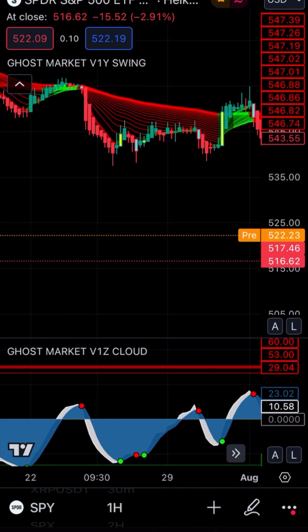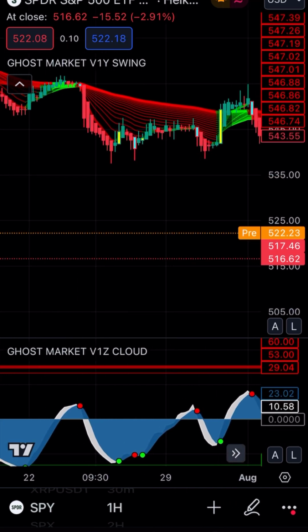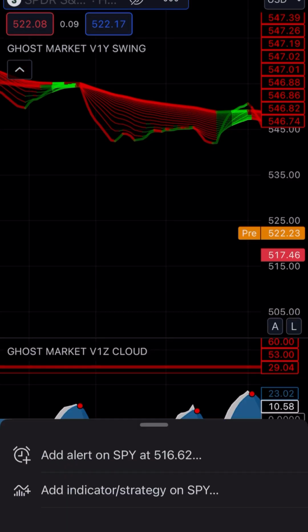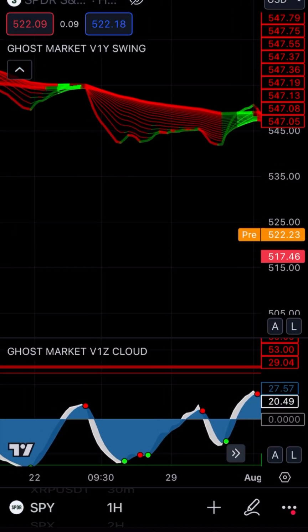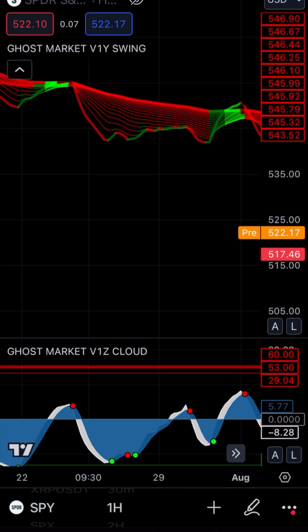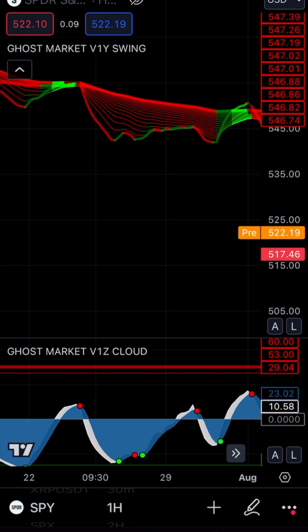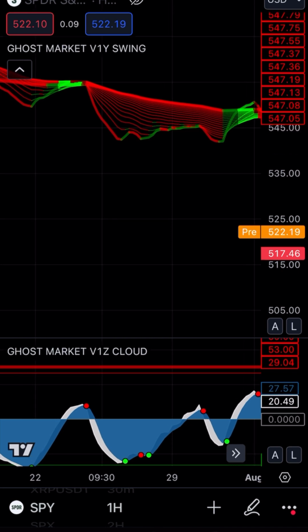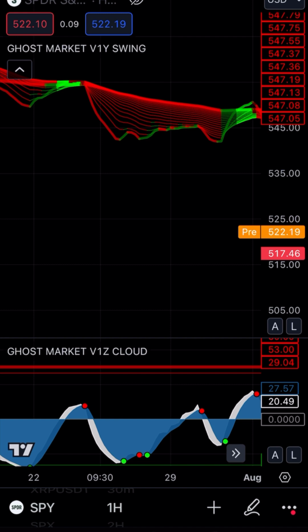So from this point on, right here, when we can hide the candles here, and the moment it turns into a light red or a light green, that's a change in direction, and it works better on a longer time frame. So do it on the hour at best here. But the moment you see all the moving averages turn into a light red or light green,